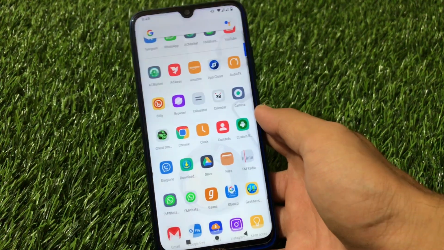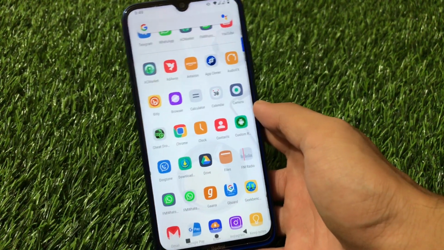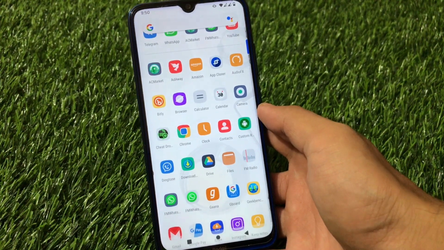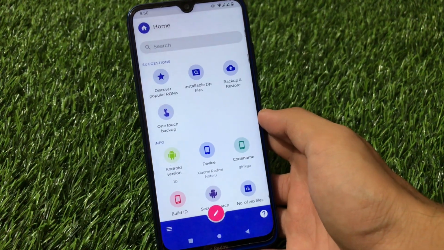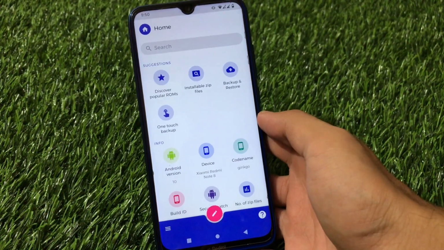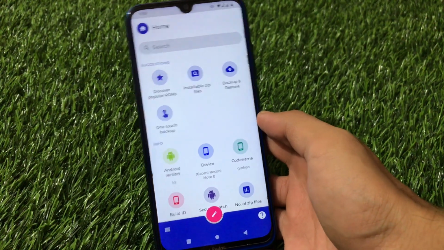You have installed a custom ROM on your device and you need some helpful tools in that. I have an app called Custom ROM Manager. It has some cool features and I personally have used this for some time. I personally chose this app from my preferences.